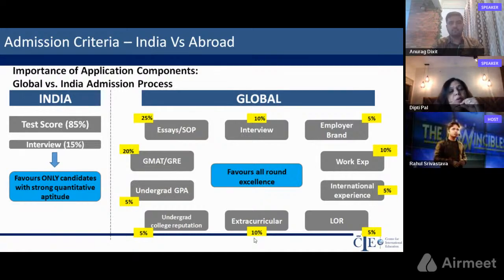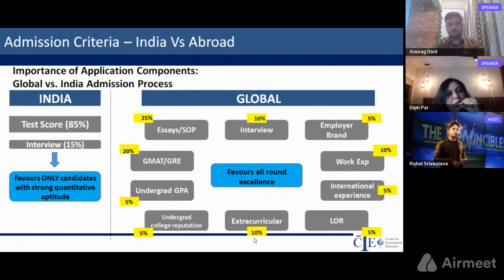When I say profile, it all depends upon your academic background, your work experience, the kind of companies you have worked with, if you have international exposure, and your involvement in extracurricular activities. It can be involvement in your college related projects, assignments, or any research work. And how you translate this well in your application, that is, writing a very impressive statement of purpose and letters of recommendation. So each and every aspect, as you see in this slide, carries weightage for your admission. So it's a beautiful system which favors all round excellence.